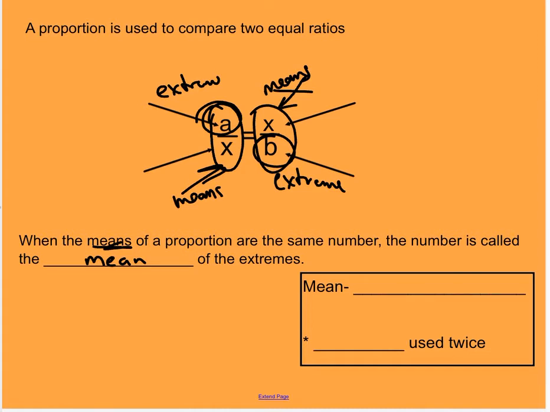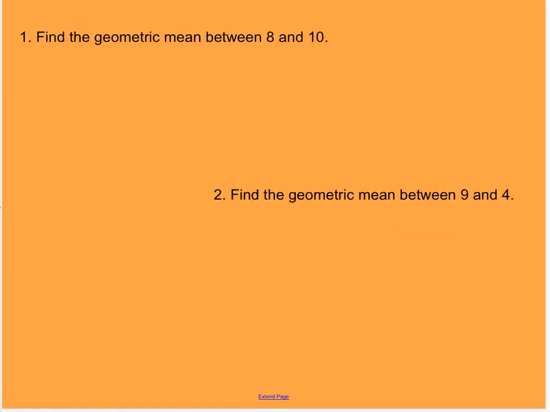So the mean, remember from stats days, means the average, but for geometric mean, it's just going to be when the same number is used twice. Same number, that's not a hashtag, that's a number symbol. So if it's the same number used twice, that's what you're talking about. So if I say find the geometric mean between 8 and 10, a way to think about it would be this